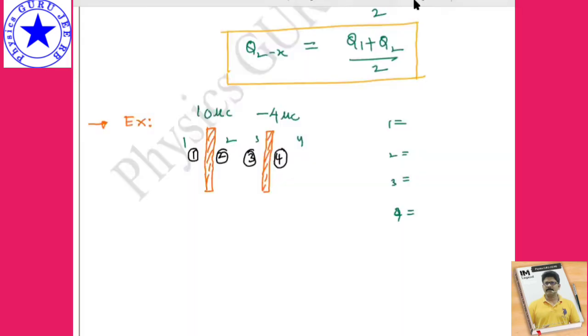Very good answers. See, first surface we got how much? 3 microcoulombs, and the second surface we got 7 microcoulombs. Here it is minus 7 microcoulombs, and outer again it is nothing but 3 microcoulombs. Hope it is clear, all of you. So inside whatever develops, we can see here 3 microcoulombs, outside here also 3 microcoulombs. This is 7 microcoulombs, here it is minus 7 microcoulombs, right? Is it clear, all of you? Hope you understood till this point. If you have any doubts, let me know, then we'll proceed.